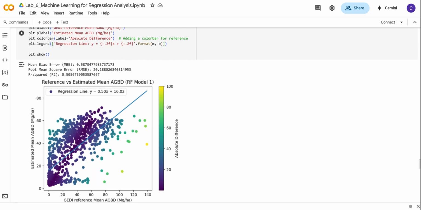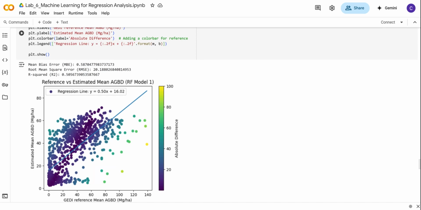We can see that the mean bias error is showing us a slight systematic over prediction. This is a positive bias. This means that the predictions on average are above